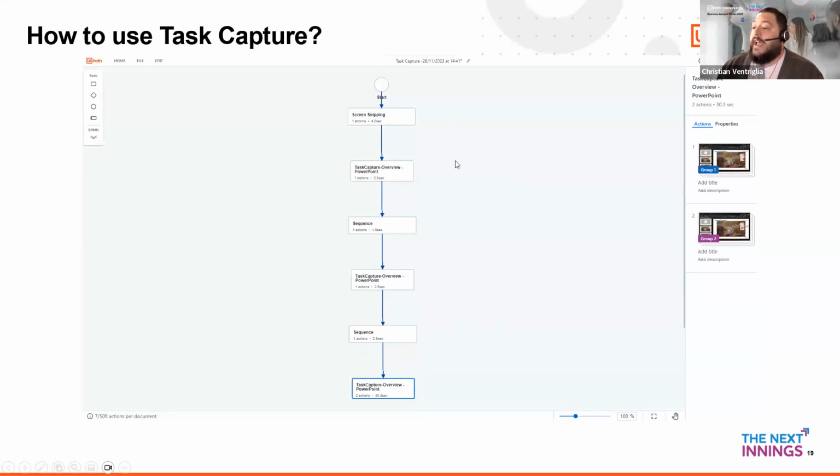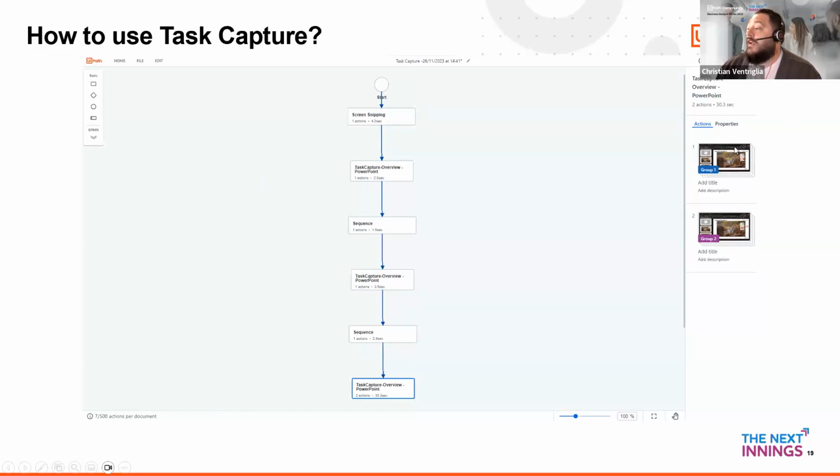And so you can see here we have a simple linear flow. And in fact, funnily enough, this is the flow for when I was taking screenshots of the Task Capture tool itself. So all that's being documented here is how to take screenshots and enter them into PowerPoint. But you can see that there's the screen snipping, then I'm entering that screen snipping into the Task Capture. There's an additional sequence here where I probably should have provided a more specific action title. And then again, pasting into PowerPoint, et cetera. So this is the output from our generated